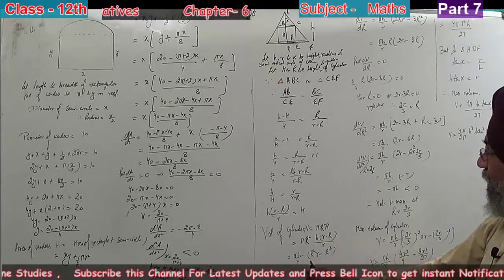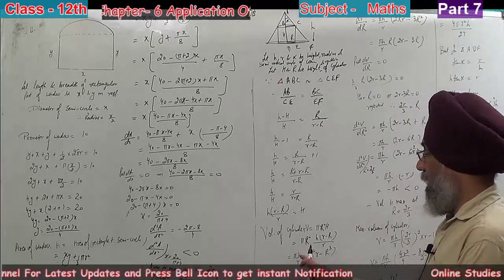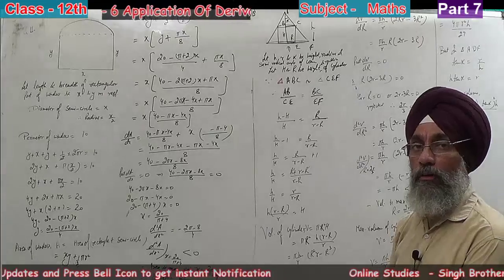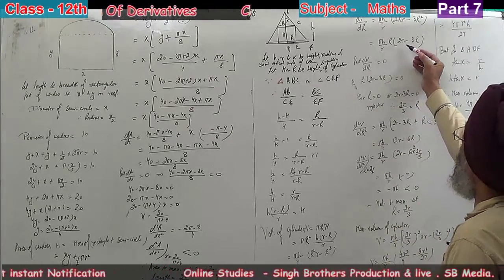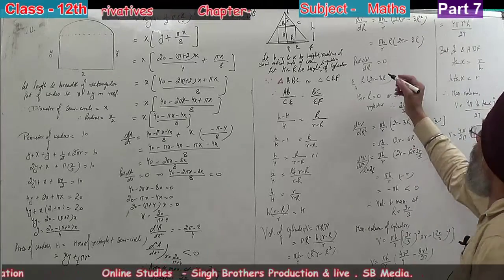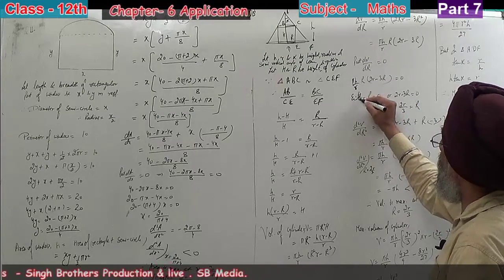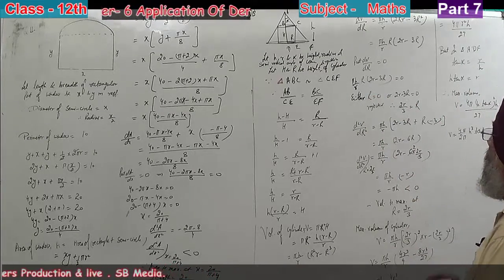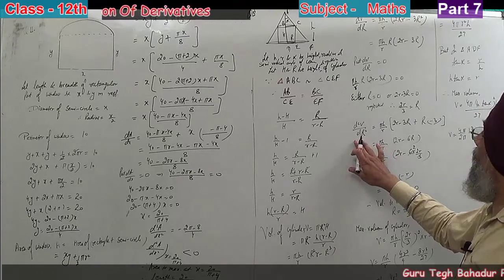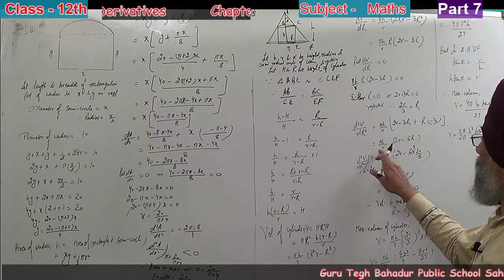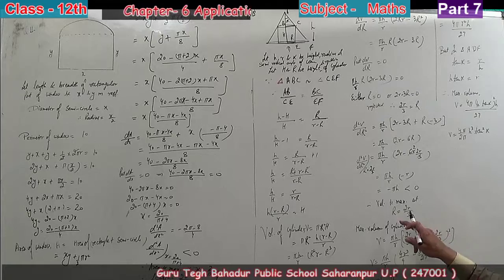pi h R square (r minus R) upon r, that is, pi h (r R square minus R cube) upon r. Now differentiating with respect to capital R, because here the variable is capital R; small h and small r are constant because they are given to us. On differentiating we get pi h upon r into capital R into (2r minus 3R), placing this equal to 0. So either R is 0 or 2r minus 3R is equal to 0, and 2r upon 3 is equal to R. Again differentiating with respect to capital R, we get pi h upon r (2r minus 6R); placing the value of R as 2r upon 3, it is negative. So the volume is maximum at R equal to 2r upon 3.